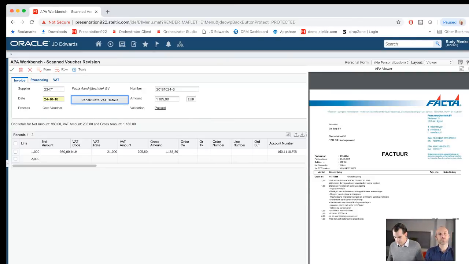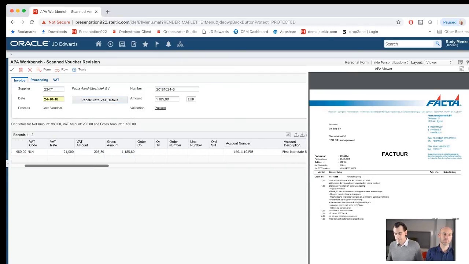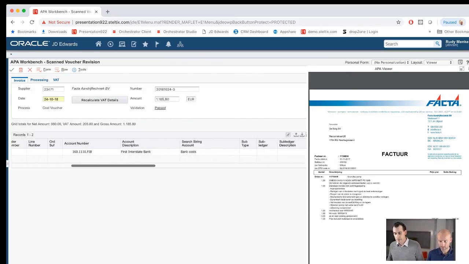Let's see what we want to show here. If I find my mouse back, yes, there it is. We see here a gross amount in the header, and then on the detail you see a net amount. You see that the tax rate area has been picked up. It has a VAT rate picked up, a VAT amount. And on the right side, very interesting, it shows the account number, which has also been picked up. How can that be scanned, you think? How can that be captured? It isn't. That's stated in our APA solution, which I will show you later.